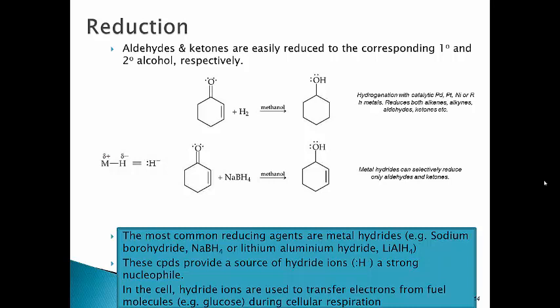Our hydrogenation reactions with a metal catalyst and H2 will reduce our alkenes or alkynes down to alkanes, and it will reduce our ketones down to our alcohols. Okay, and